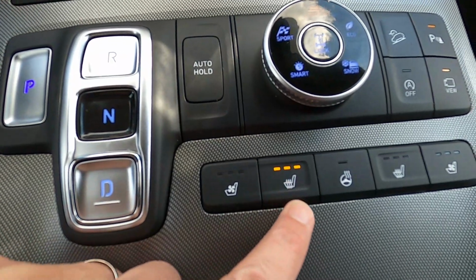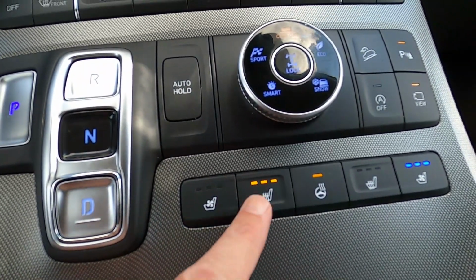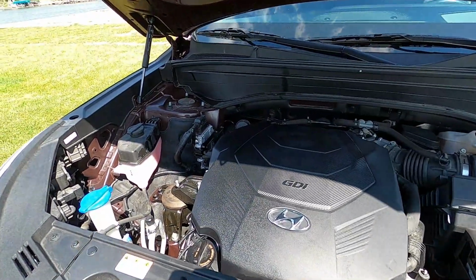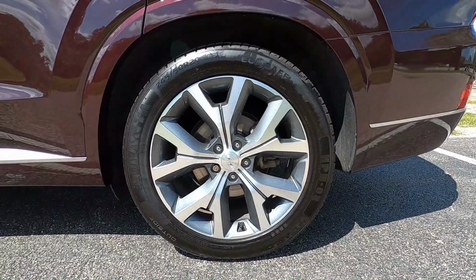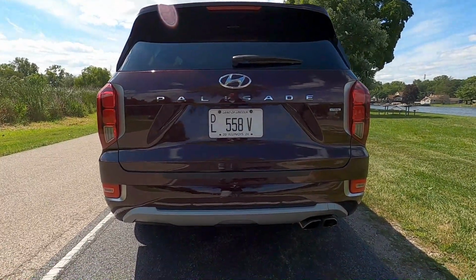Some of those features being heated and cooled seats, not only for the front but the second row passengers, a heated steering wheel, all your safety equipment like blind spot monitoring and a 360 view camera, dual zone climate control, and you also have a decently powerful V6. Some more goods are the LED lighting, the 20-inch wheels, the Apple CarPlay and Android Auto. You have wireless charging. Those were some features in 2021 that were a big deal,